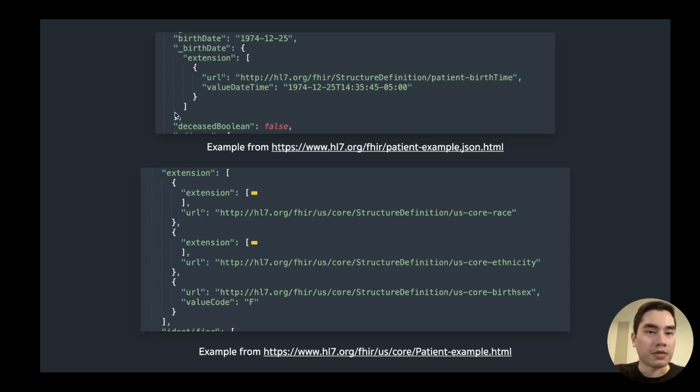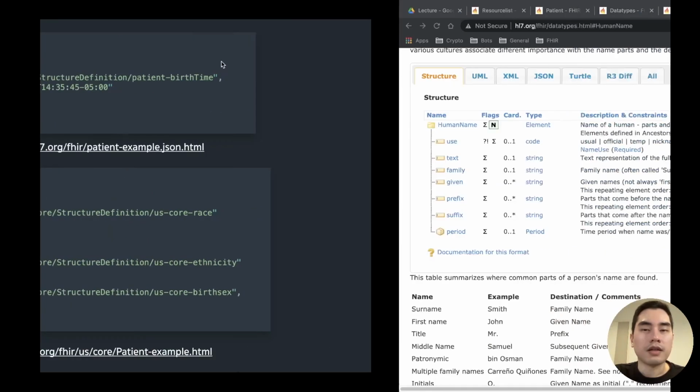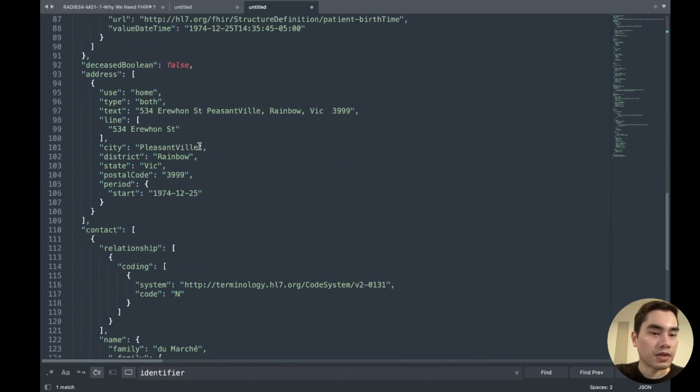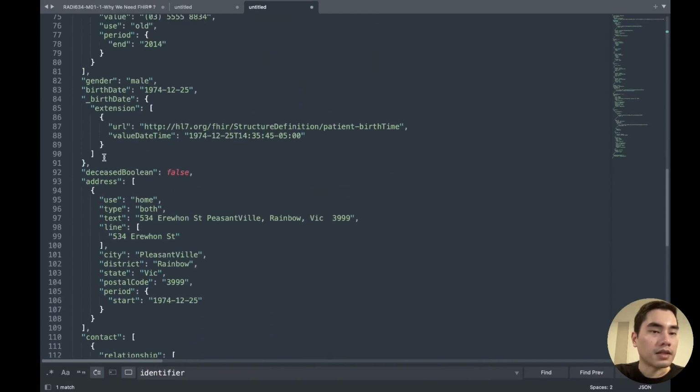And this is how they deal with extensions at the element level. I just want to show you in case you encounter it. If it's an extension at the element level, you will see an underscore inside the element name, this one, the birthDate here.